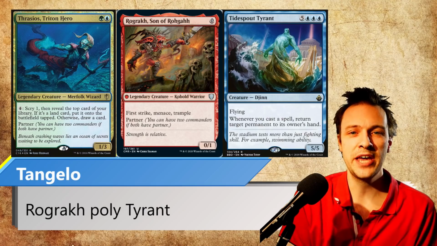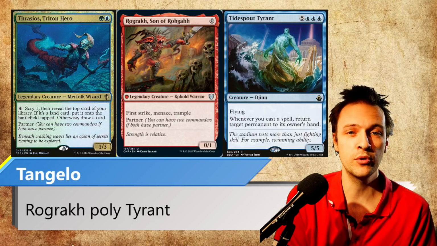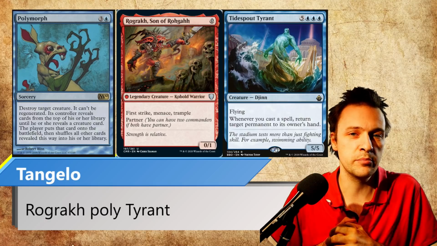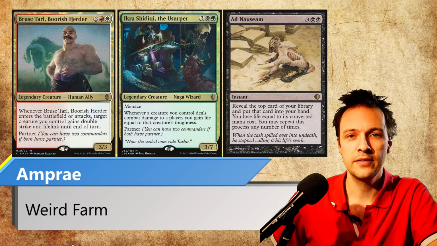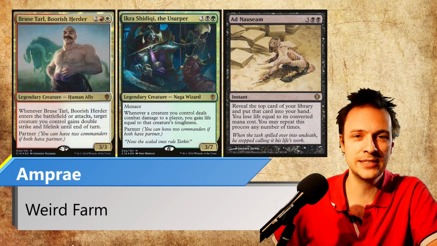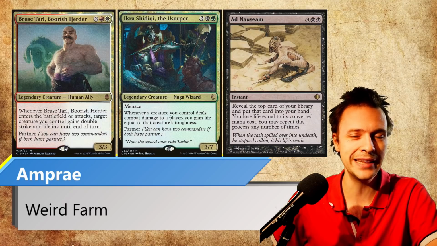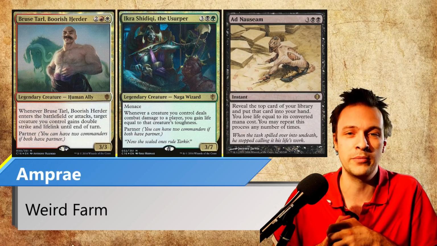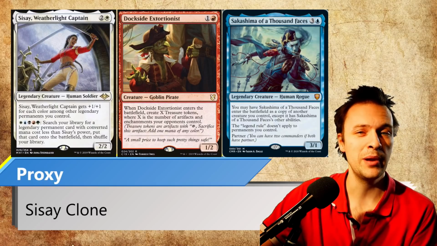With us today we have Tangelo playing his Thrasios with Rograkh Polymorph Tyrant deck. The deck's aim is to use any one of his Polymorph effects to transform his Kobold into this big genie. Then we have with us Amprae with his Sands Blue weird farm that is trying to gain the ultimate life count to play the ultimate ad nauseum or something of the sort, and then try to win the game from there. We also have a Sisay deck with us, but it's not me piloting it, it's Proxy playing something of